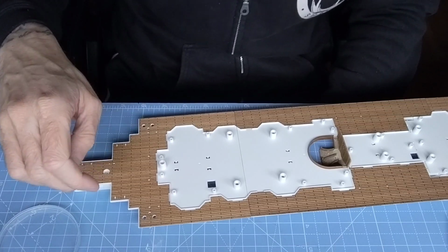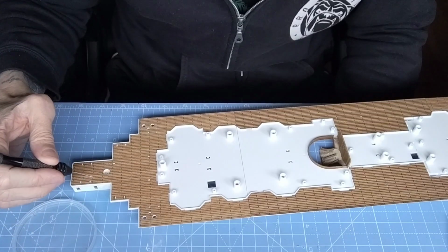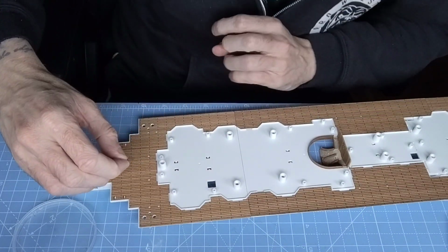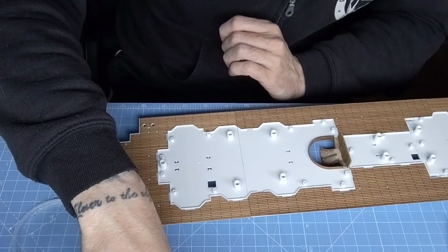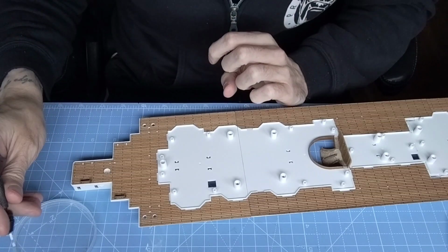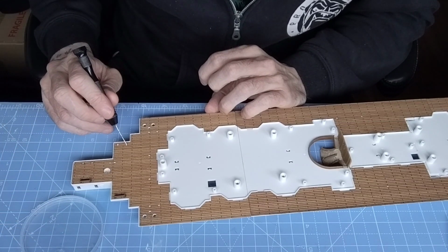But the next thing we're doing is fitting 4 benches here and here, first and foremost. The benches are one of the few deck details that you do actually need to glue. The majority of the deck details will sit in quite happily, but the benches do need glued just because of the shape of the mounting point more than anything else. Here, here, here,